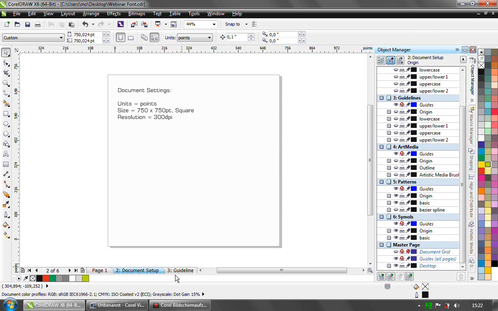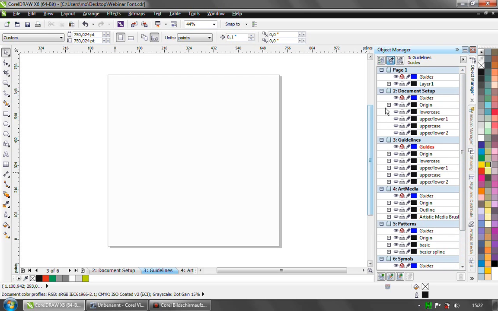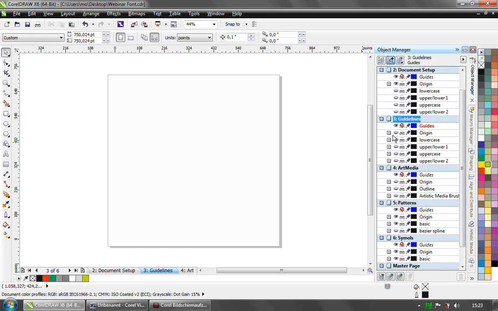I will skip that here because I already did that. And the first thing I used to do when setting up a document for creating a font is putting some guidelines on my document, and I'm going to show you which guidelines I use. And this is at first for, where are they? Okay, they are right here. If you have several pages like I have in this presentation, it can get a bit confusing,